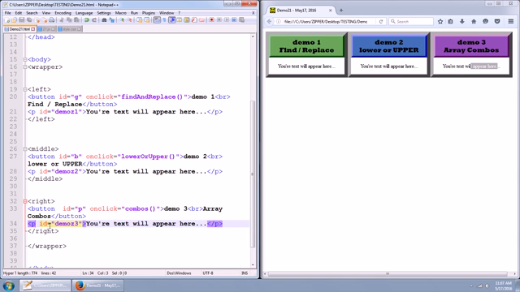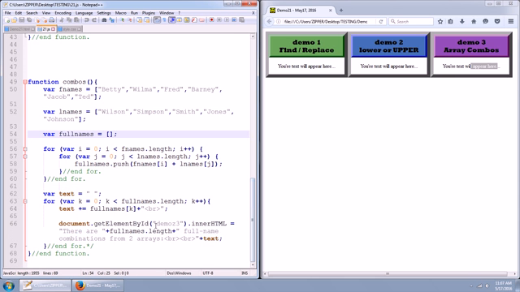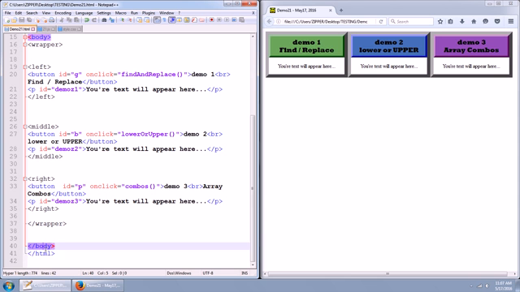Then you've got P ID equals DMOZ3. Go back to that last function again, and you can see where DMOZ3 is being pointed to or referred to in that function. All right, and your text will appear here inside that P tag. It's right here. End of the right section, end of the wrapper, end of the body, end of the HTML. All right, so